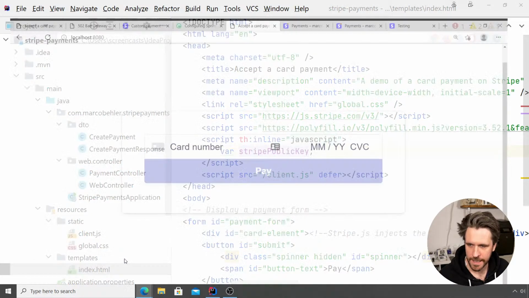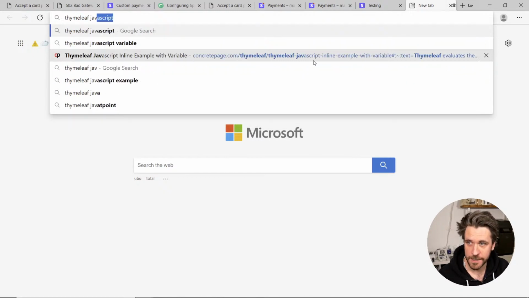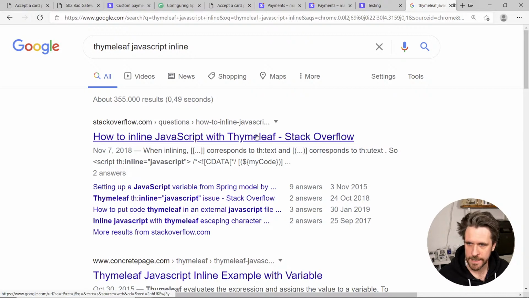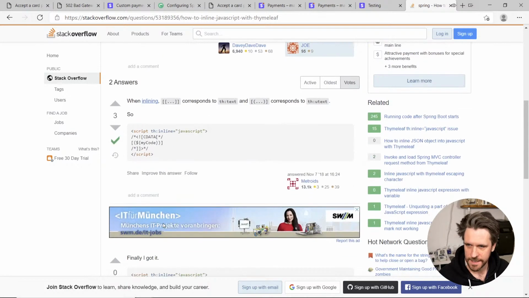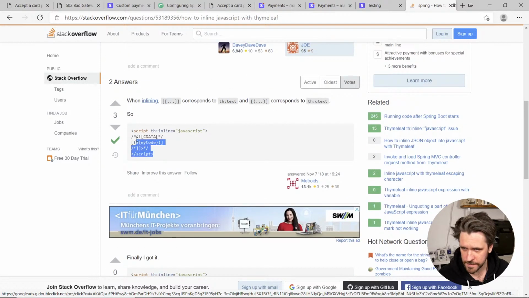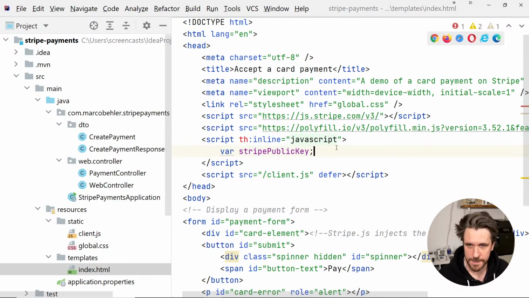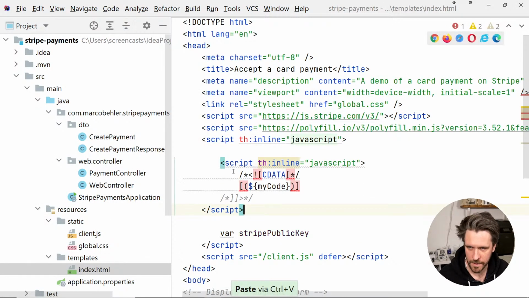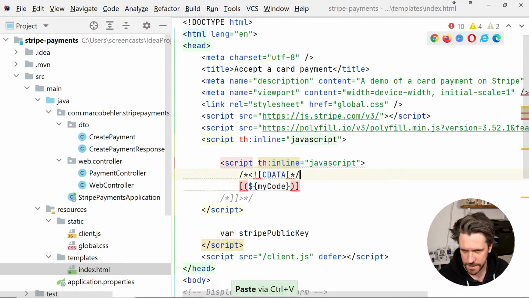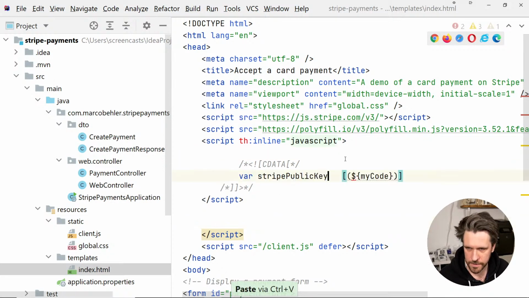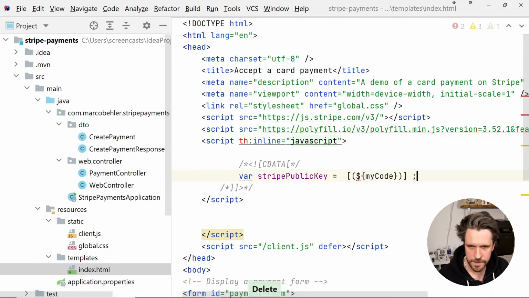I always have to look up how I need to do Thymeleaf JavaScript inlines. So how to inline JavaScript with Thymeleaf? Yes. Let me see my code. The block, yeah, I think that should work just fine. Corresponds to a text. Let's see. That is obviously not entirely what I wanted. Let's see. Like so. Equals